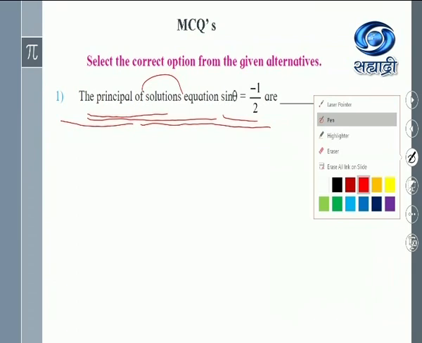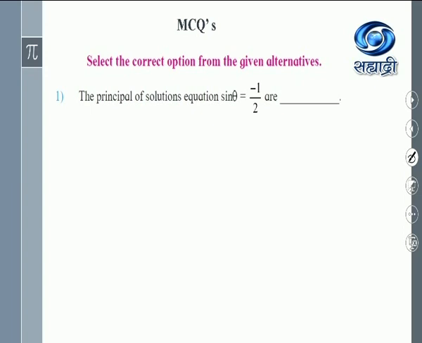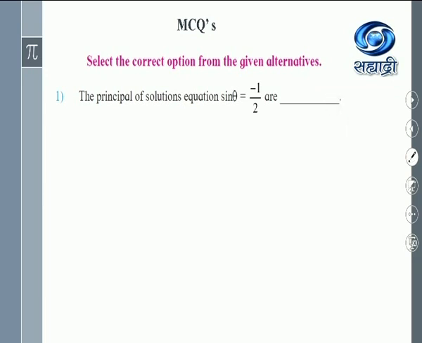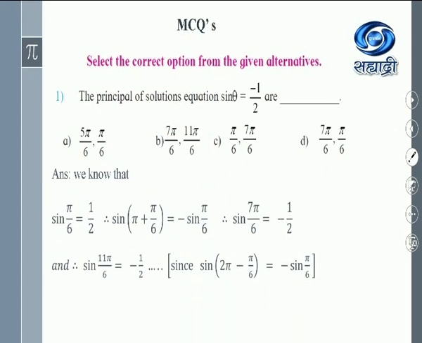See, the MCQs are for 2 marks, so don't use a lengthy method. Within a short period of time you'll have to find the answer. Now this method you know, finding principal values of the functions. What is the first step? These are the options we are choosing from. First step is, for the positive value we'll have to find the angle. Don't go directly for finding the angle with the value minus 1 upon 2.